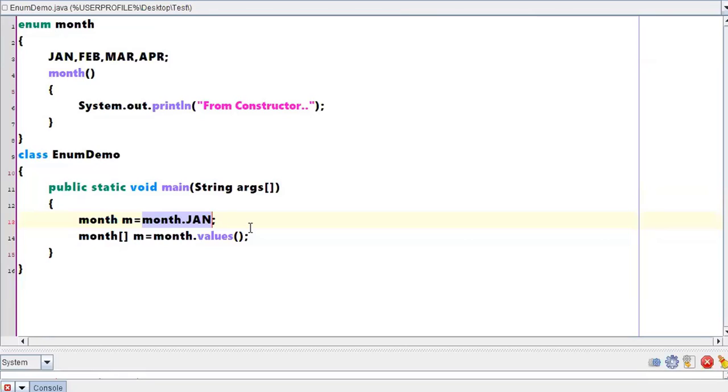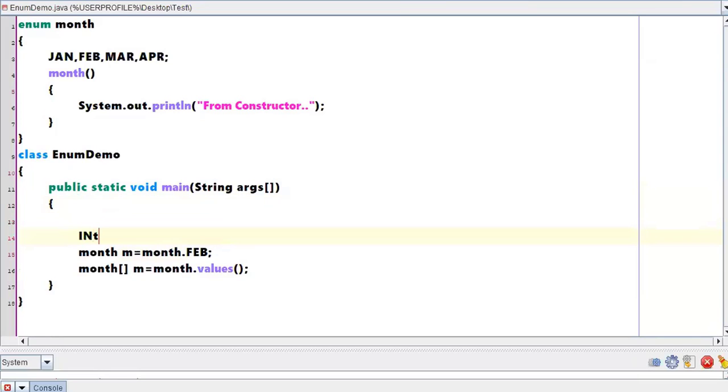See, that is what I'm saying. If I am writing Feb here instead of Jan, first it has to go through the Month, and then only it goes through the Feb. What I mean to say is, I'll tell you. If I am writing